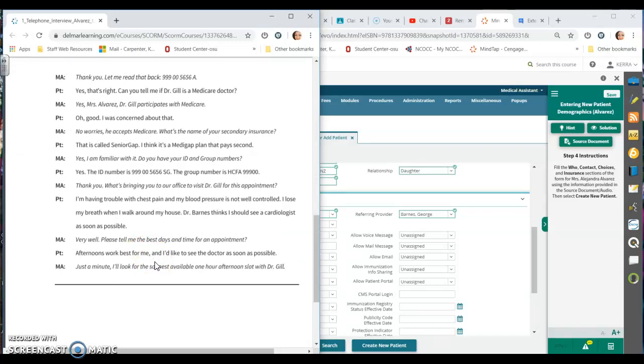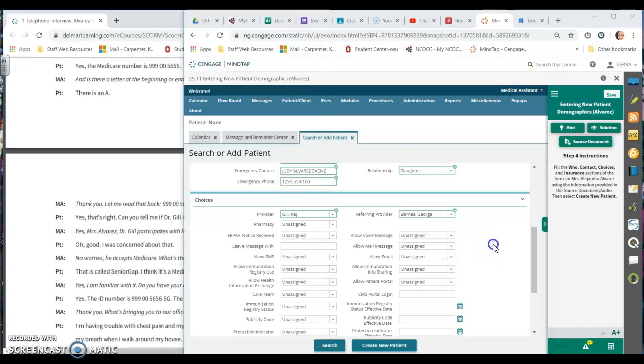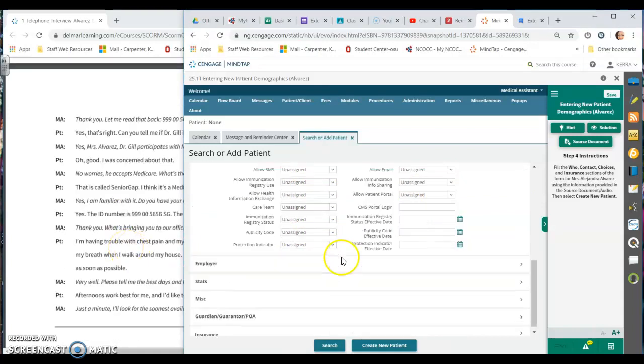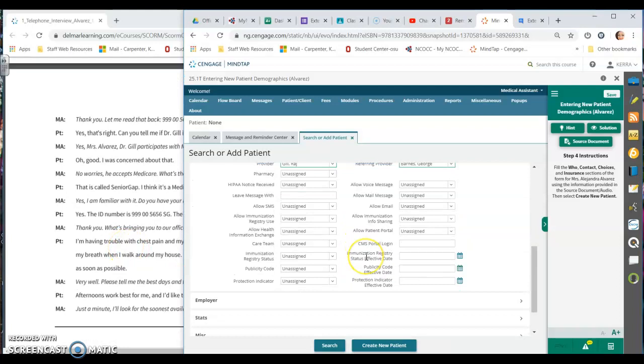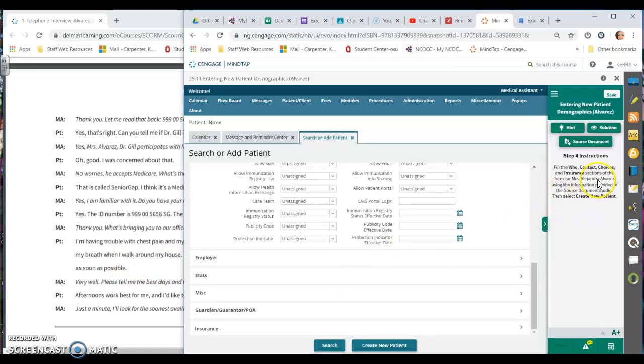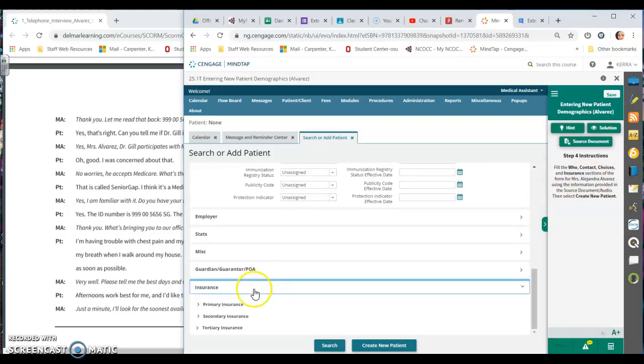Let's see. I don't see any pharmacy information, so we'll pass that. We won't be doing this until the patient comes in. A lot of this we're not going to be able to fill out at this current time. Let's see. Immunization. Okay. So then we will go to the insurance section, which is down here, and we're going